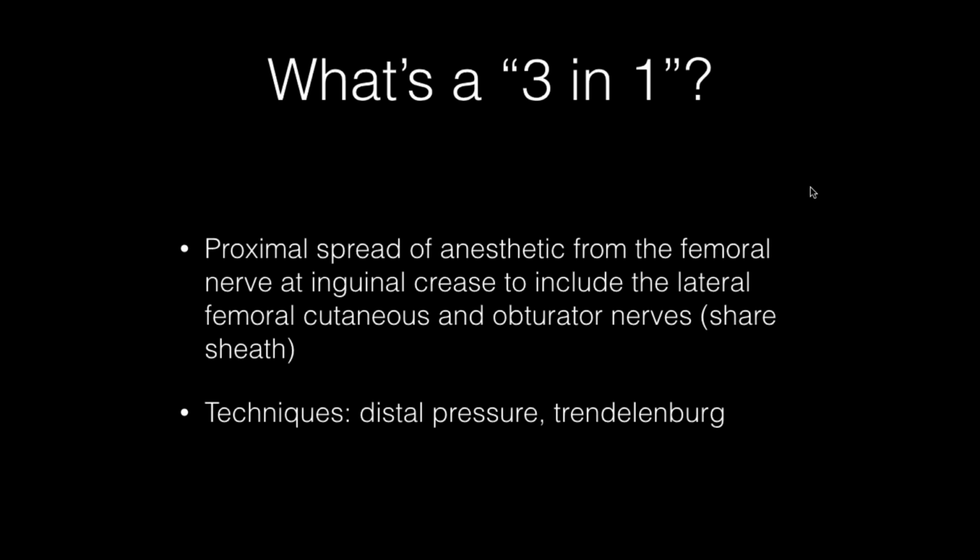The techniques for this include having an assistant place distal pressure, approximately 2 to 4 centimeters distal on the skin to where the anesthetist is infusing the local anesthetic, and placing the patient in Trendelenburg to encourage that local anesthetic to move up that fascial sheath northward to get the takeoff of the lateral femoral cutaneous and obturator nerves. And it's not clear entirely that this